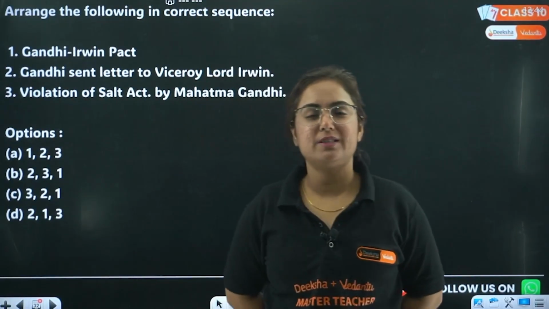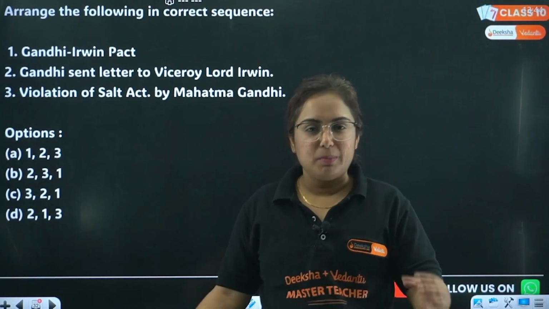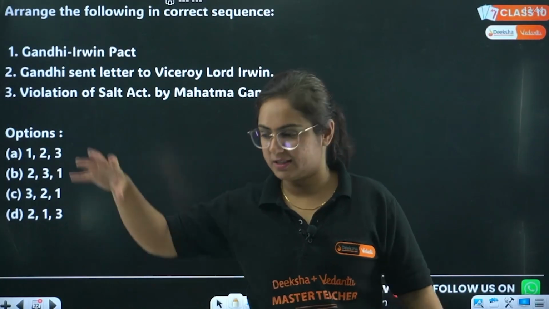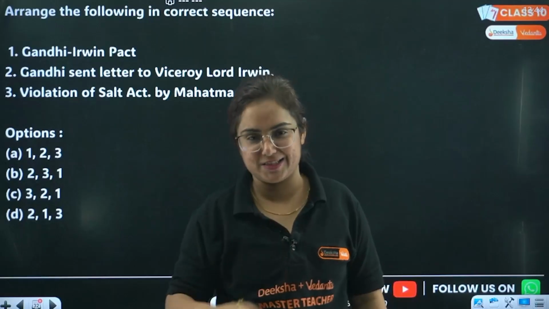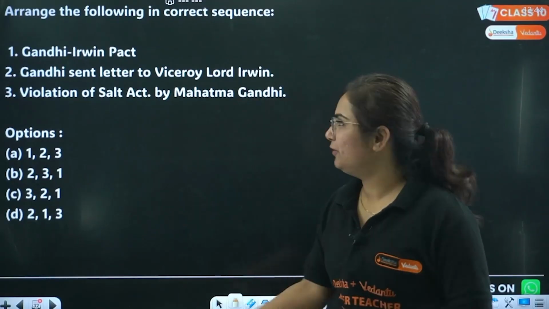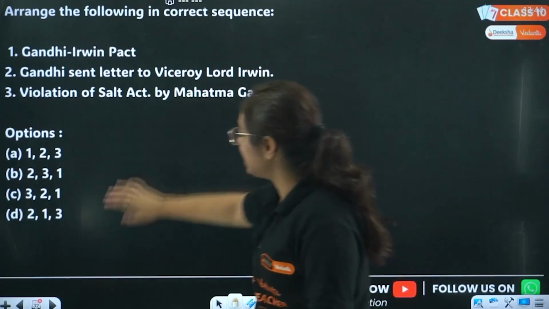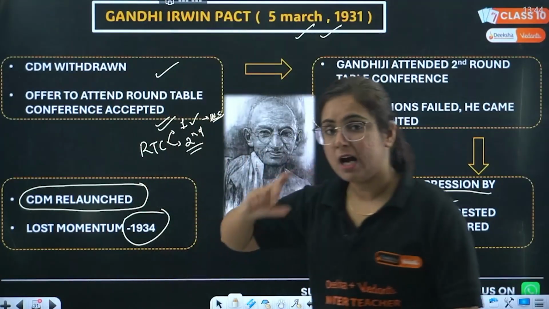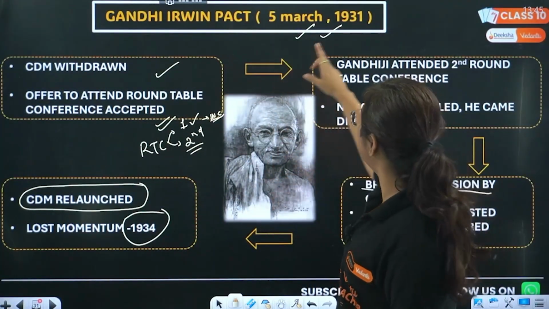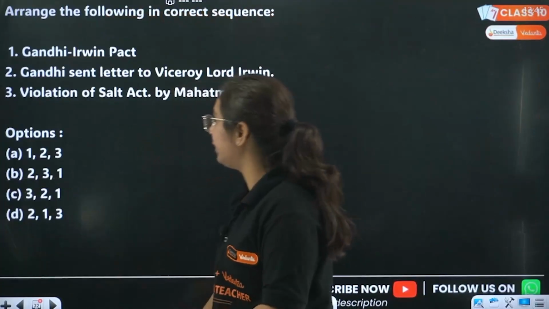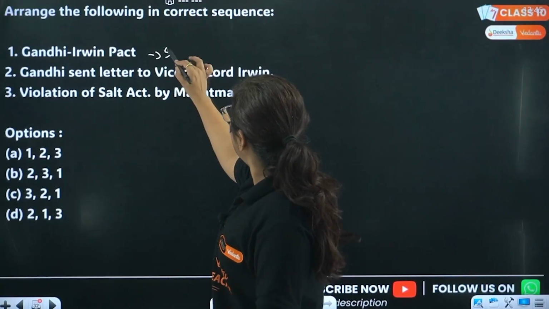Arrange the following events in correct sequence, to make your mood light after just reading this complete Indian history, a question in front of you. It will not make you feel light, however. So arrange the following in correct sequence. Beta, whenever we are learning this, focus on the dates, like the Gandhi-Irwin Pact, 5th of March